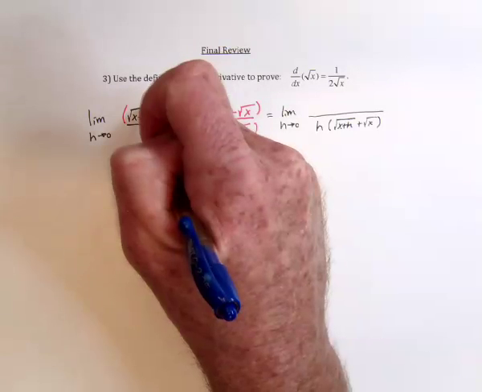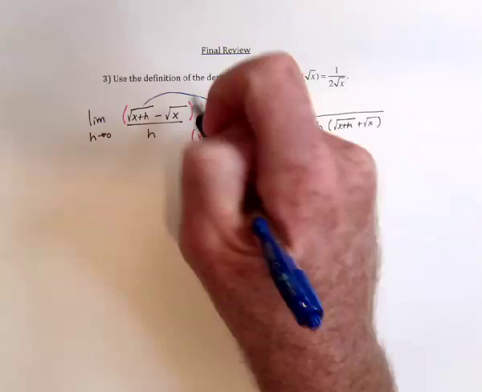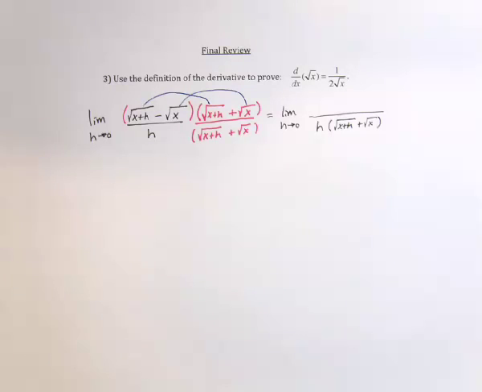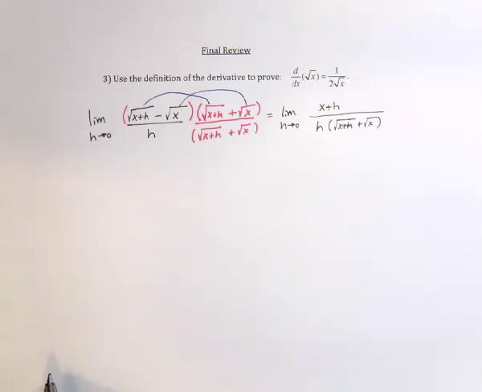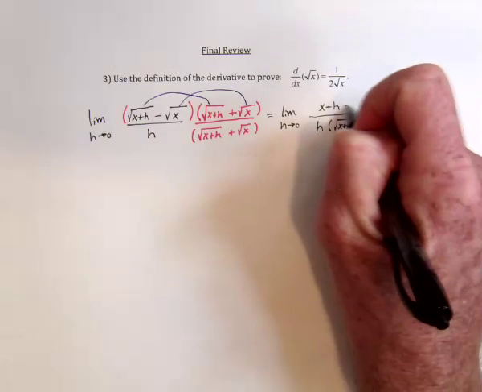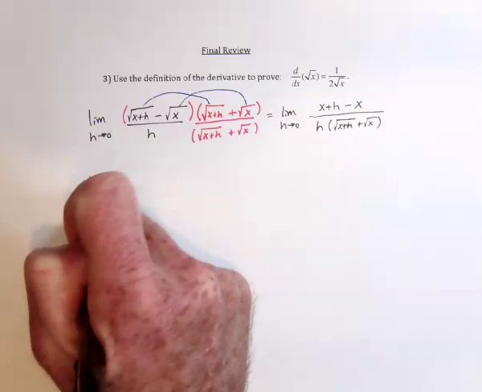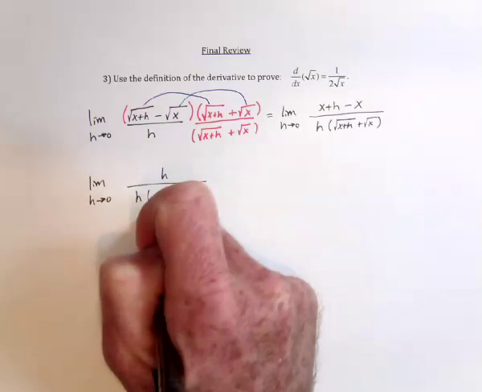Then the good thing with conjugates is the middle terms cancel, so you only need what's the first one times the first one, and what's the last one times the last one. So the first one times the first one would be x plus h, and the radical would be eliminated. Likewise with this one, but it's a negative times a positive, so negative x. And then exactly what I was hoping would happen just happened. Now the x's cancel,